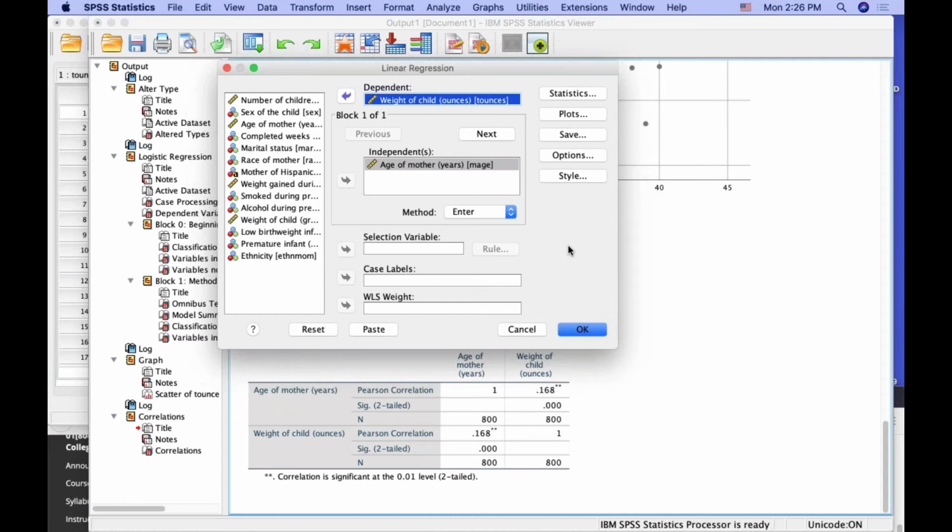It makes sense to look at the age of the mother as the independent variable here, and the weight of the child is the dependent variable. Okay, so let's take a look at this. I'm going to say okay. I'm not going to go into too much of the statistics now. I'm just going to perform this analysis, and then I'm going to cherry pick the information that